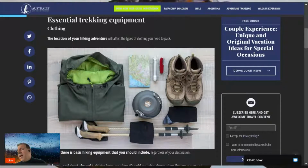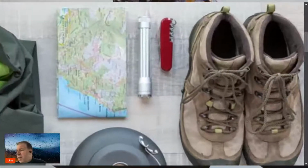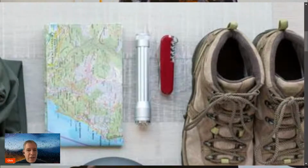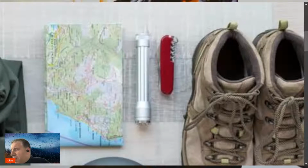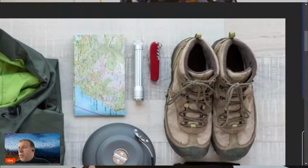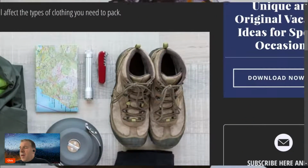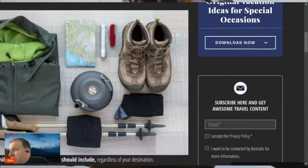Above the pot or cooker, we have a map, a light, and a pocket knife. Let me just have a look there. So I guess that's an interesting sort of a light, but I guess a light or a torch, and I guess it's something that can last for quite a long time. So the pocket knife,